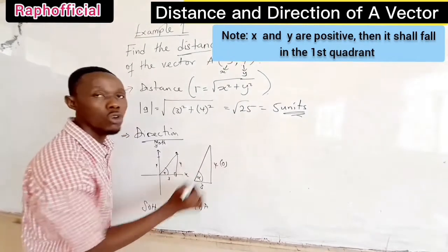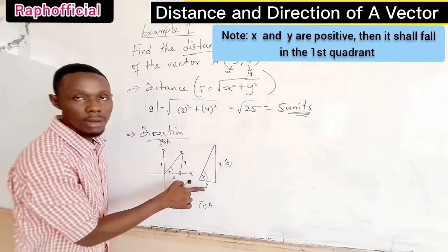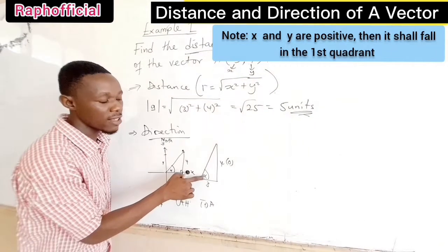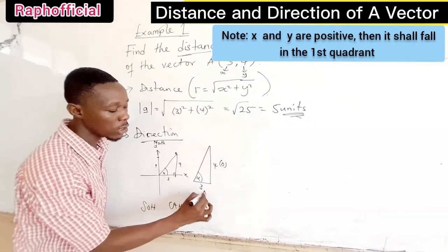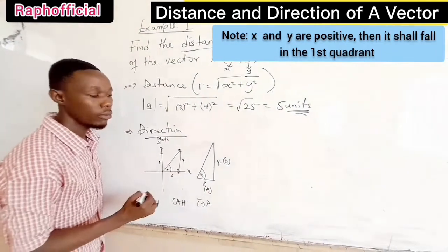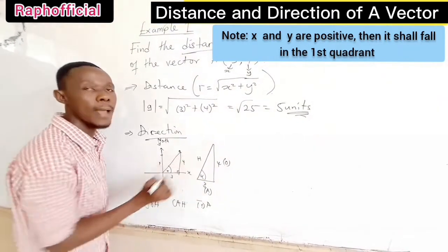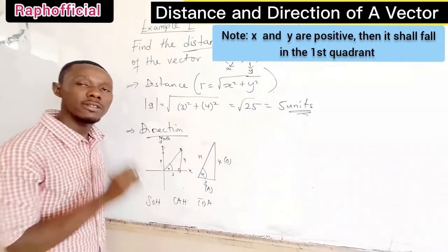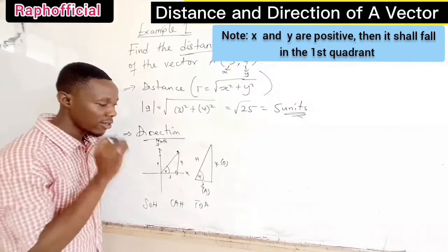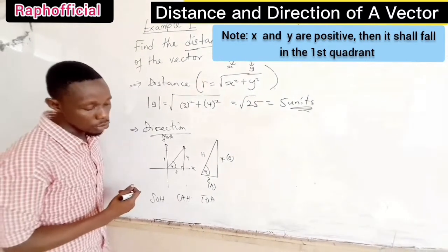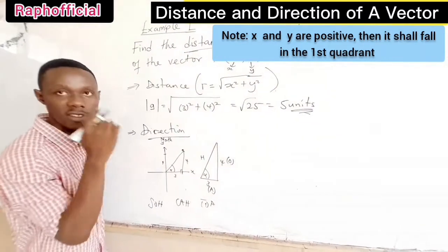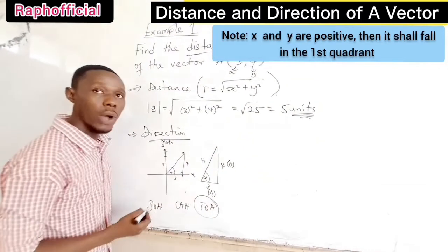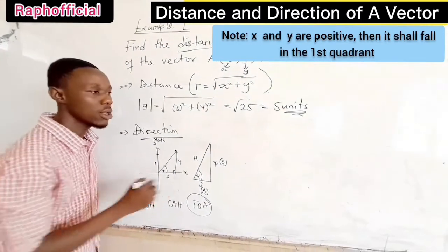So the 4 is opposite. What about the 3? The 3 is adjacent to the angle alpha. Then here becomes the hypotenuse, always the longest side. So which one are you going to use? Yes, we will use tan. So we write